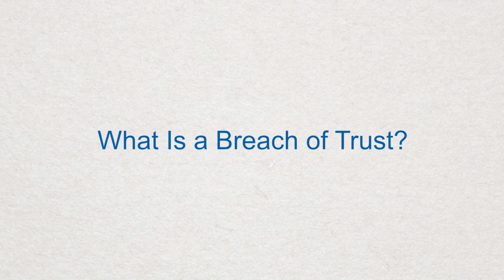What is a breach of trust? A trustee is a fiduciary, which means that they have the legal duty to act in the best interests of the trust beneficiaries. A breach of trust occurs when a trustee violates their fiduciary duties. In general, trustees have a duty to act in the best interests of the trust beneficiaries, to manage the trust property prudently, and to keep accurate records. And if a trustee violates any of their duties to the trust beneficiaries, then they most likely will have committed